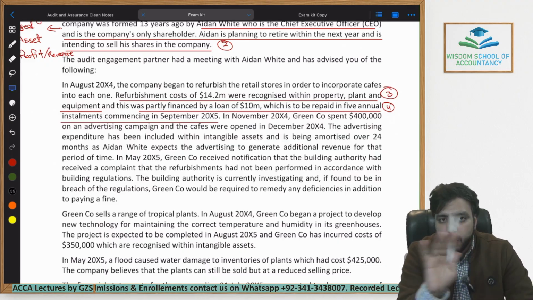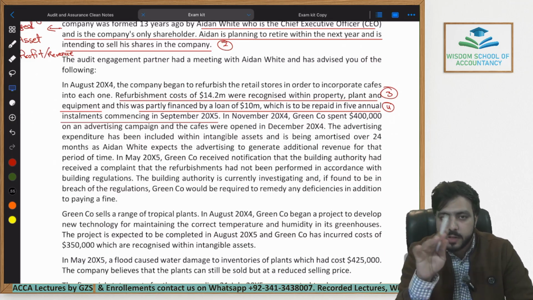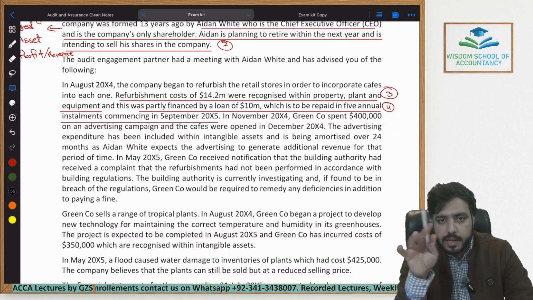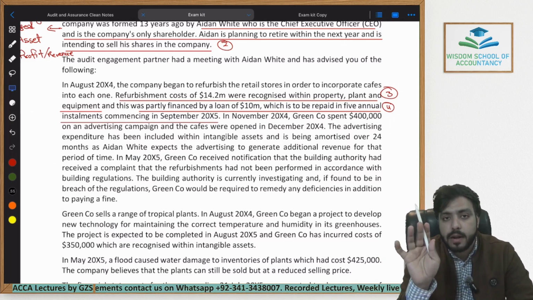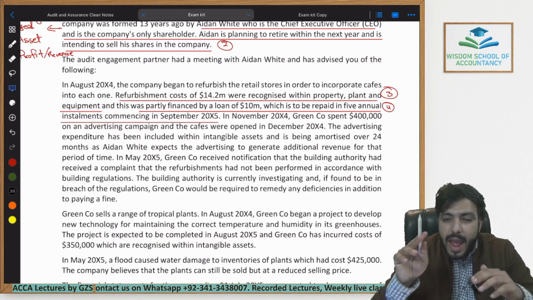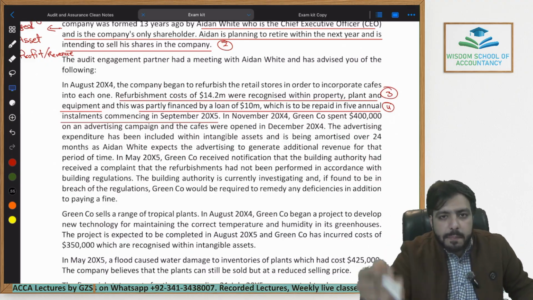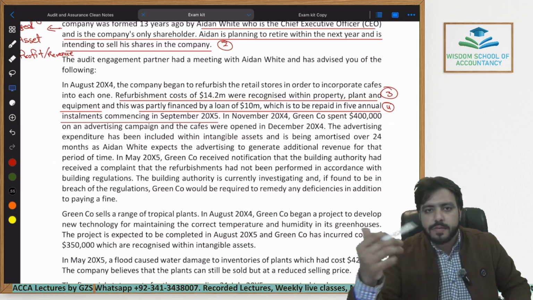For this exam, you don't need to remember every single line item, like what is PIRATE criteria, what is meant by PIRATE. No, you don't need to remember that. But what you need to remember is that if advertisement can be capitalized, wouldn't every single company like Nestle, Unilever,